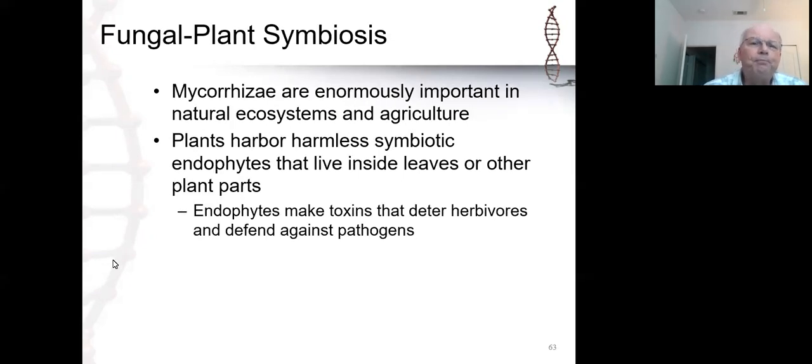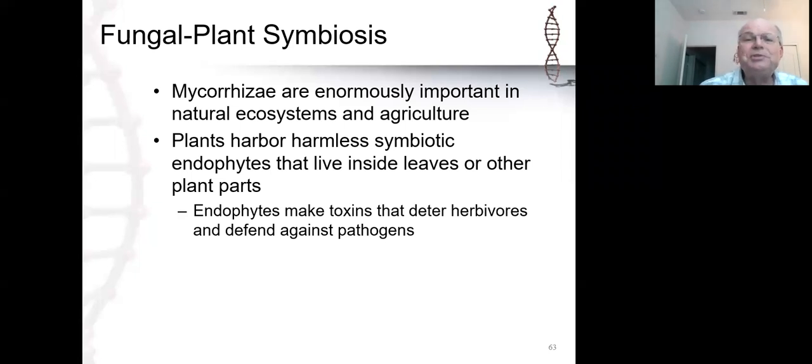So in the case of plant fungal symbiosis, we've already talked about the mycorrhizae that are incredibly important to the success of plants in general, not only as colonizers of dry land, but also in terms of the success of plants in ecosystems and in agriculture. If you transplant a plant from its local habitat into a new region and its symbiotic fungi is not present, that plant may fail to thrive. It may die, it may grow, but it may grow very poorly. It grows much better in the presence of its fungal